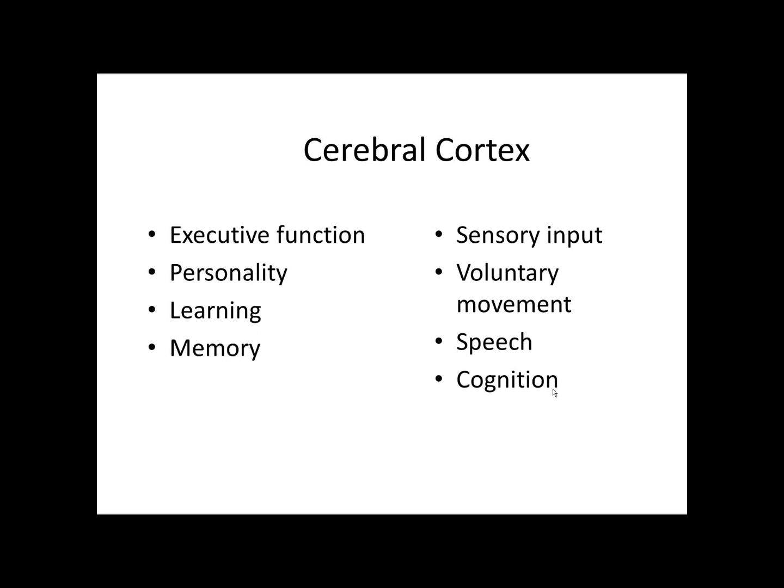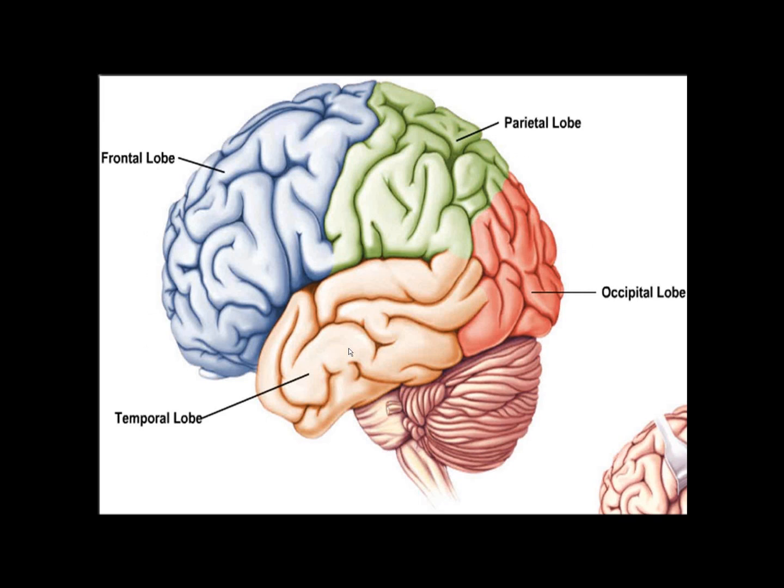The cerebral cortex includes functions associated with executive activity or decision-making processes. Personality, what we think of as our personality, the capacity for learning and memory, are contained in the cerebral cortex in its interaction with other structures. Sensory input, of course, and processing, the decision to make voluntary movements, speech and cognition, all of these are associated with the cerebral cortex. And that's broken up into segments including the frontal lobe, the parietal lobe, the occipital lobe,